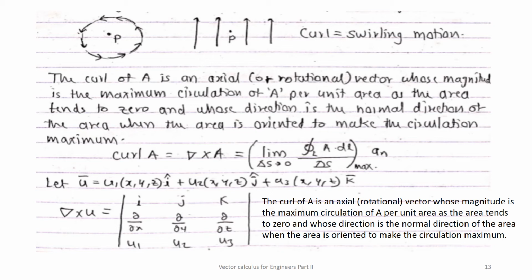So remember the difference between divergence and curl. When we find divergence, we are taking a limit considering delta V tends to 0. Now in the curl, we are taking the limit delta S tends to 0, but that is not equal to 0. Now here U bar is defined, and then curl of U, how to calculate. Since it is a cross product, we have to define it using a matrix.